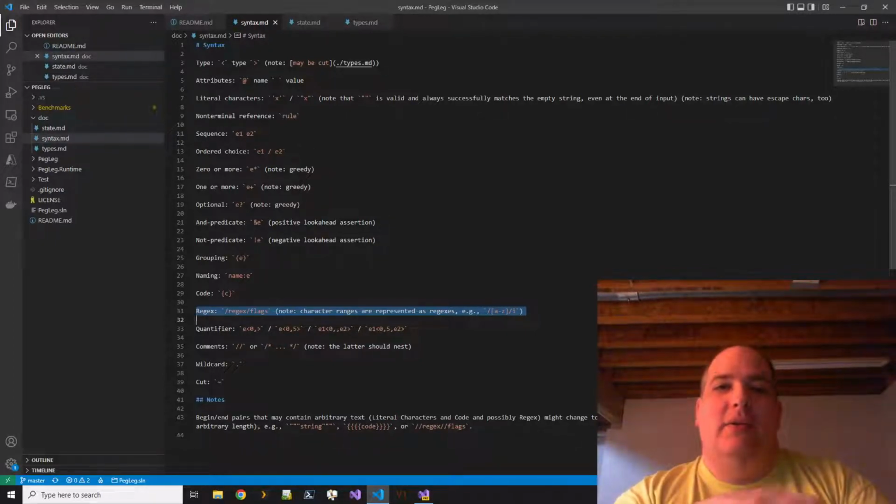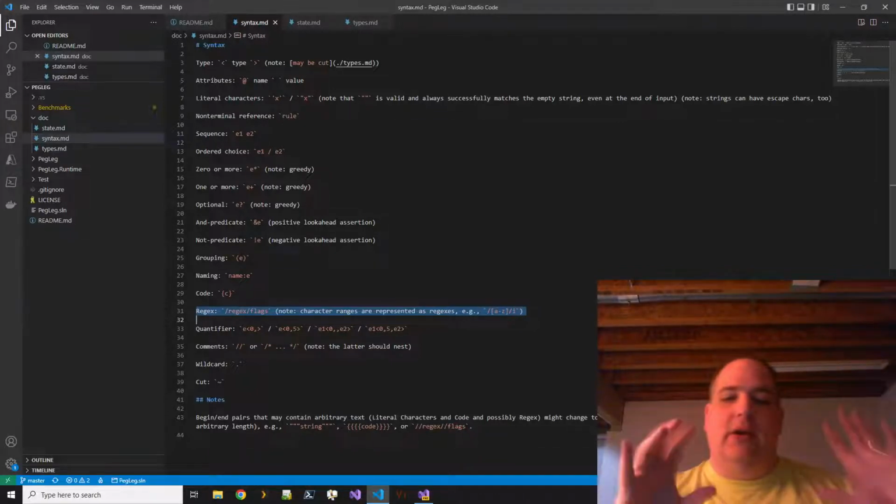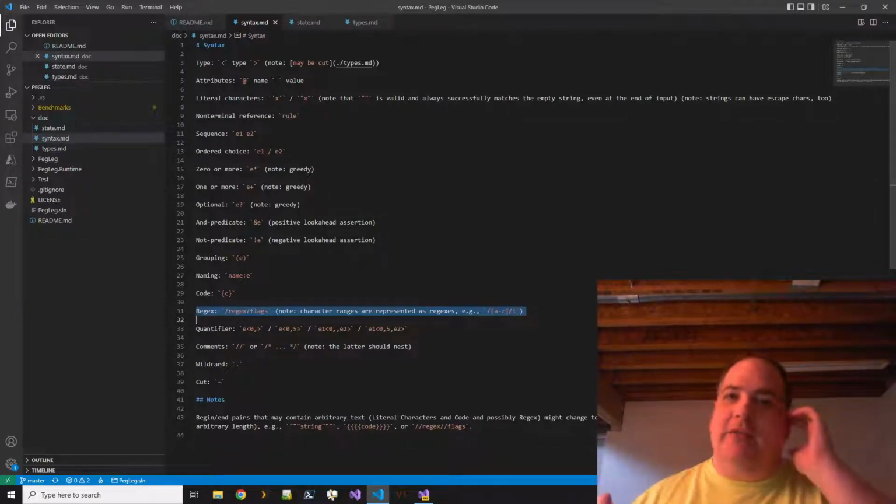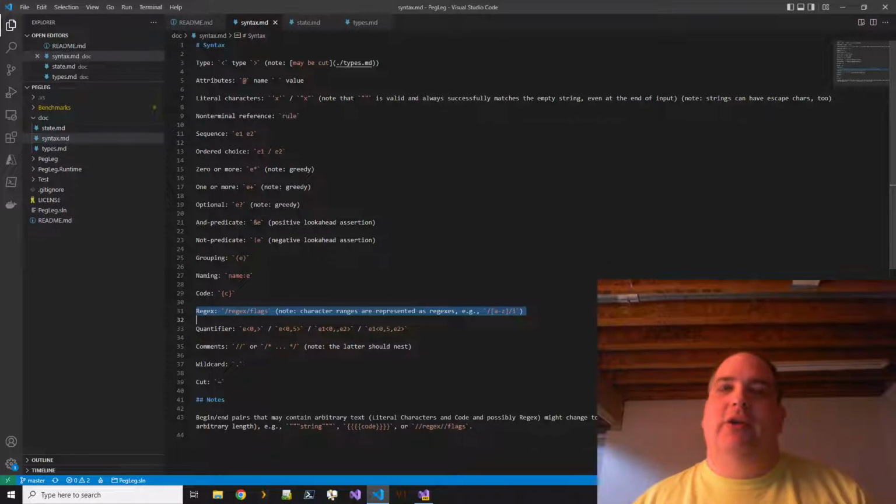So if you want A to Z for your identifier but it's not understanding character ranges, you have to use a regular expression. Then you'll just use a regular expression for the whole identifier, which is exactly what we want consumers to do. I'm deliberately avoiding character range support to encourage people to use regular expressions.